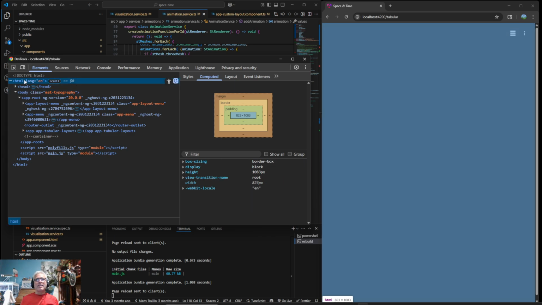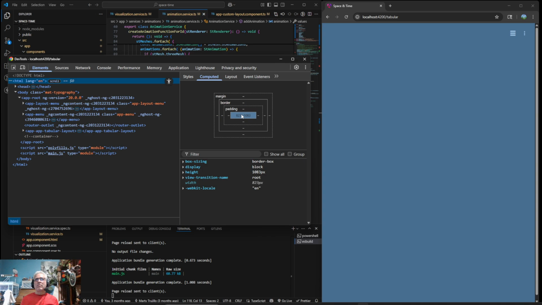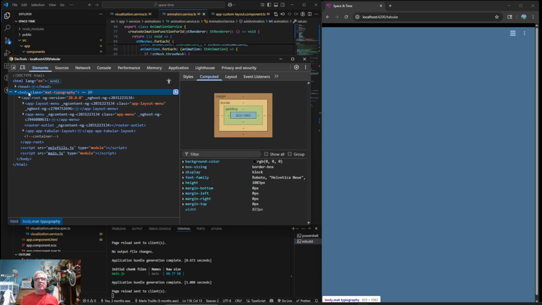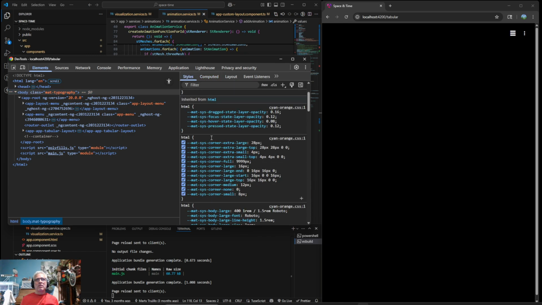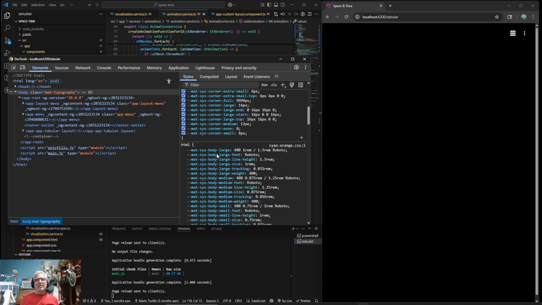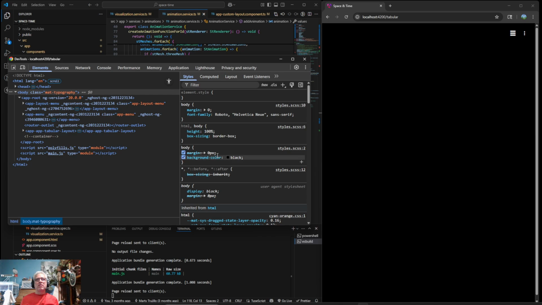So this HTML, and that's not showing any. Then the body styles. And again, this is one of those things where it'll just never be easier to figure out. I don't think it'll ever be harder.